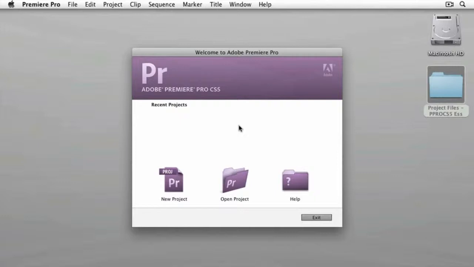First, you need to capture your footage. You can use On Location, which is included with Premiere Pro CS5, or you can use your camcorder, tape, whatever you want. But after you have captured your footage, you need to open Premiere Pro. When you open Premiere Pro, the first screen that you see is this one. I'm going to go ahead and click on the New Project icon,